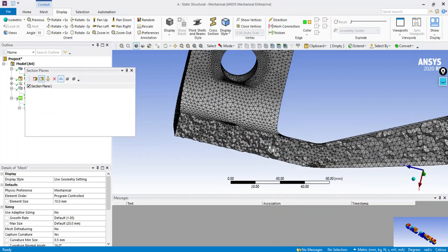It is mainly due to the method of meshing we used. In the patch conforming method, first the edges will be meshed, then the faces, and then the volume will be meshed.